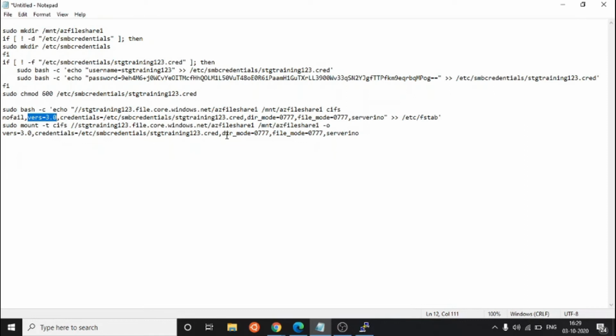Also, they are mounting permanently, because here you can see they are echoing this string inside your etc fstab. First they echo this into etc fstab, then they run this command to mount the drive. So let's copy this script.